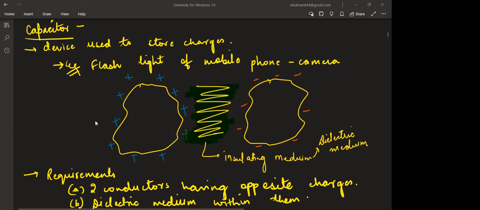If you try to earth the positive one, it can happen that when you are trying to earth the negative one, it can make it neutral, but it can also happen that the positive charges are also moving. See, both can be earthed. That is not a question. You can earth the positive one also, the negative one also.